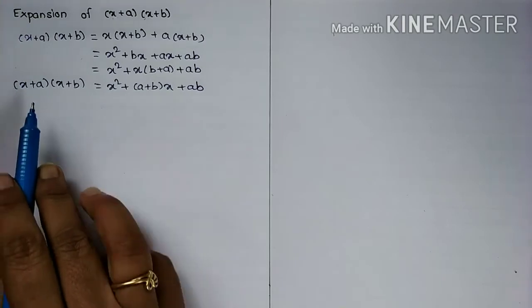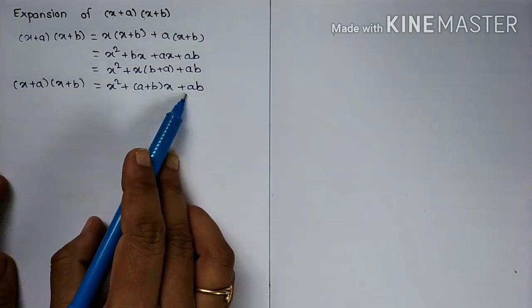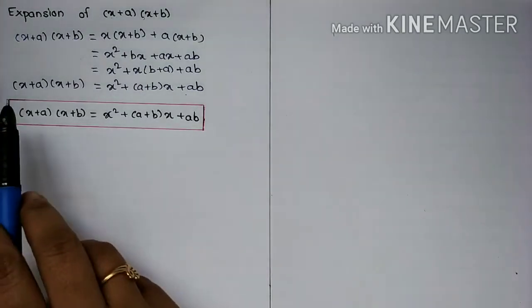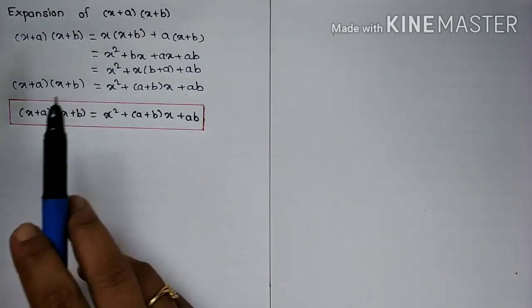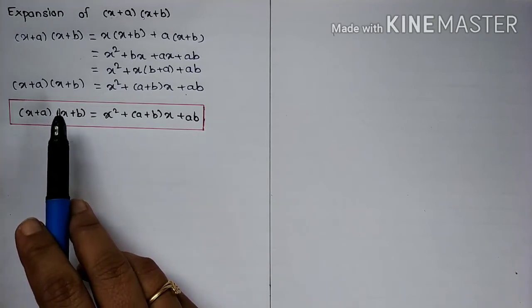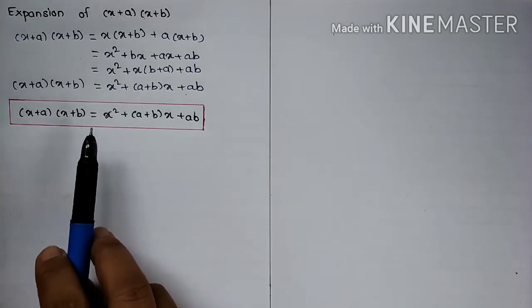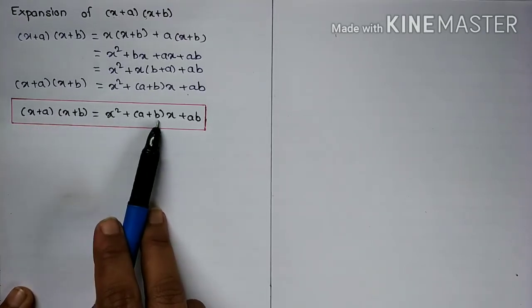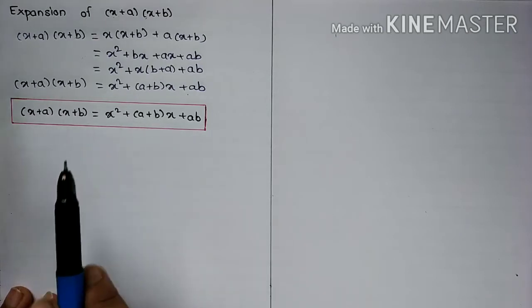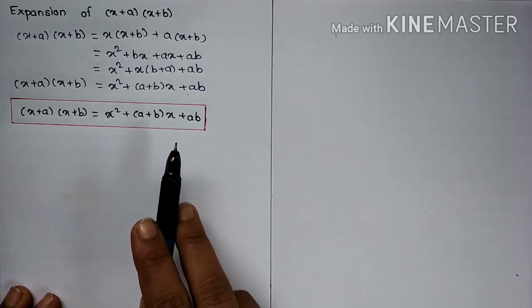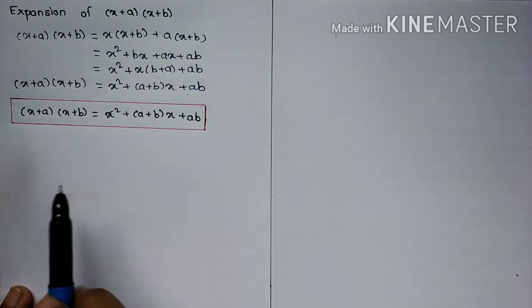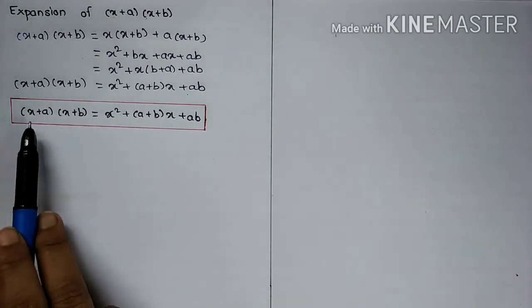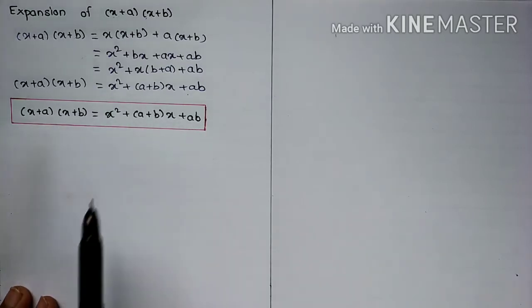This is our first expansion formula. Okay, remember this formula. When we have to calculate product of two binomials with one term in common, then we use this formula. Okay, now we see practice set 5.1. We have to solve examples in practice set 5.1 by using this formula.